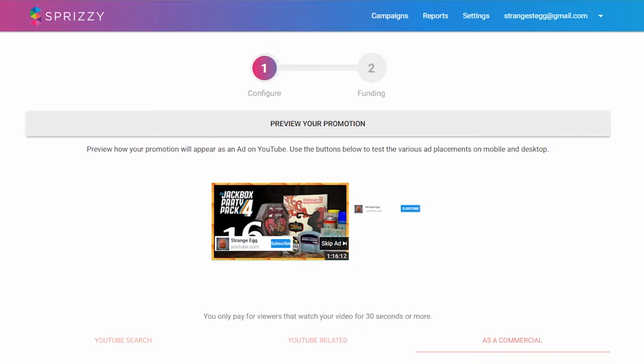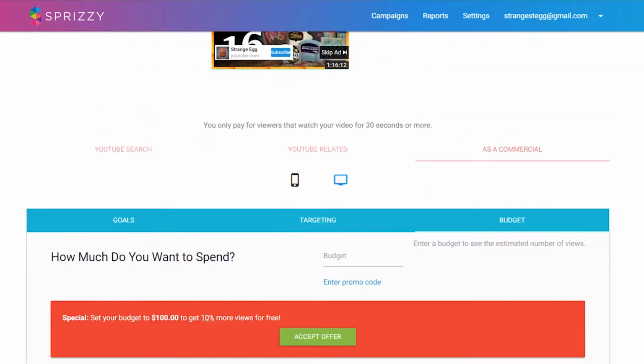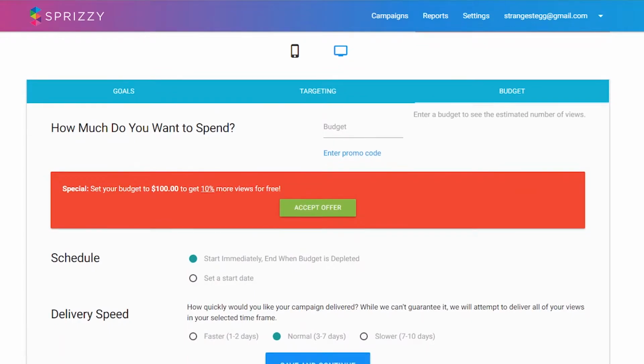It's the same as what it looks like here in this preview. They don't update this, and I'm left wondering what the hell they're doing. So let's go ahead and just move straight over to the data. We're going to look at the data that's on Sprizzy first, and then we're going to look at the data